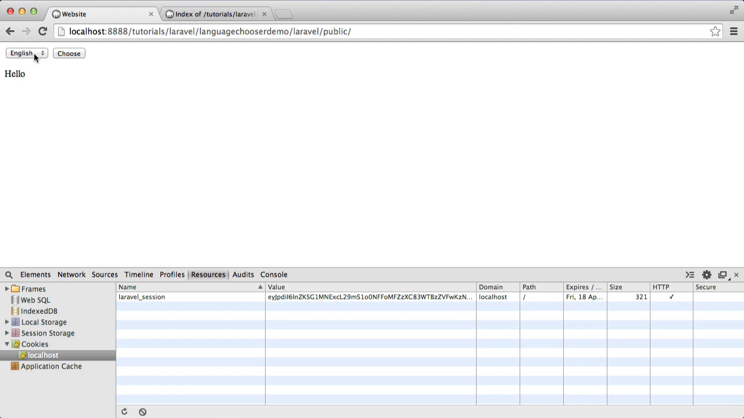down here. Now when I go ahead and change to German and click choose, that goes ahead and sets a session which will store the fact that we want to use German for our languages, and therefore will pick up from our German language file. So we'll be looking at localization in Laravel and also the functionality to build this form to actually allow us